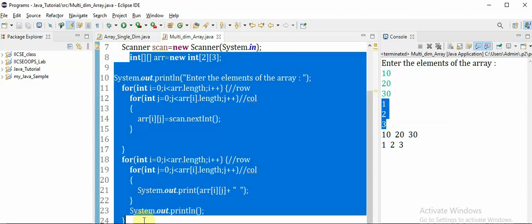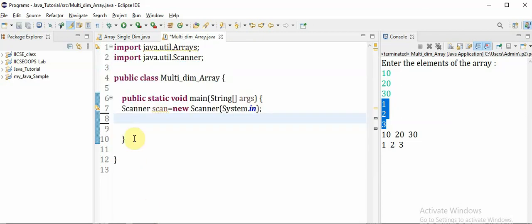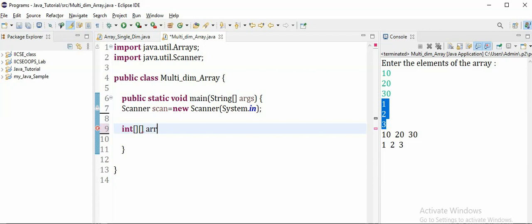So then we are going to discuss creating an array using the array initialization method. For that, we know we have to first specify the data type. Then we put two square brackets to mention it is a 2-dimension array. Then we give the name of the array, followed by the curly braces for array initialization. Every statement ends with a semicolon.